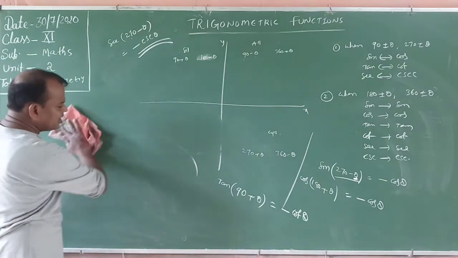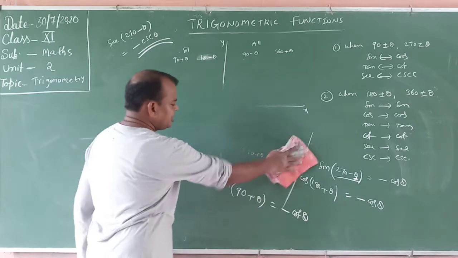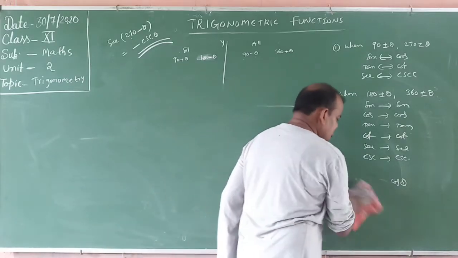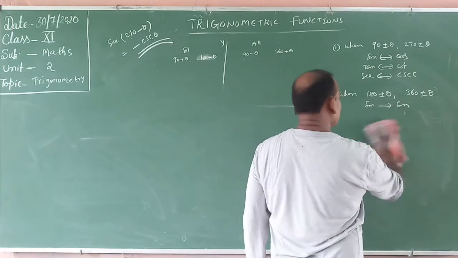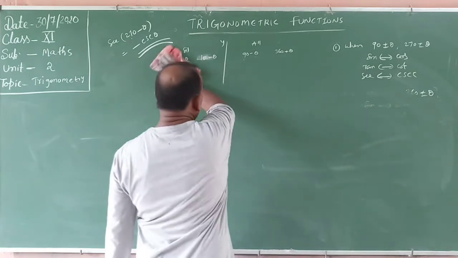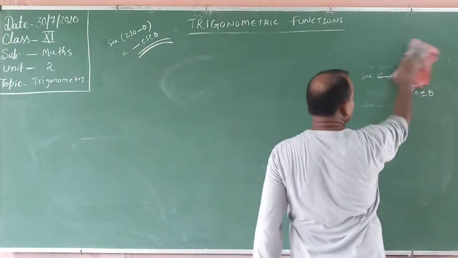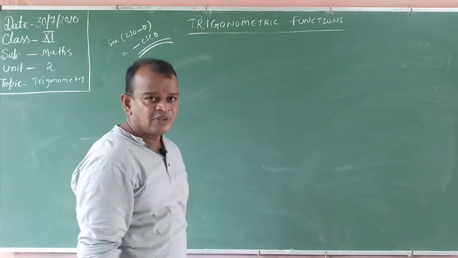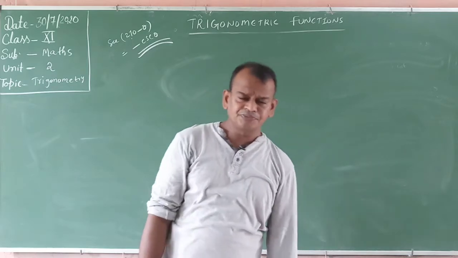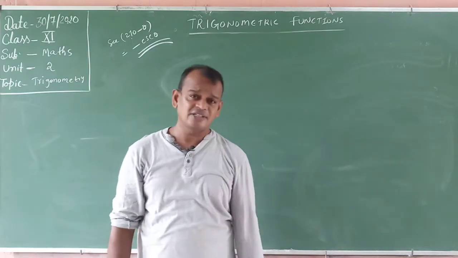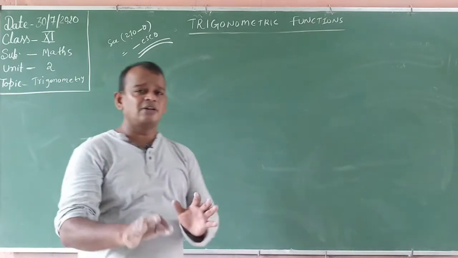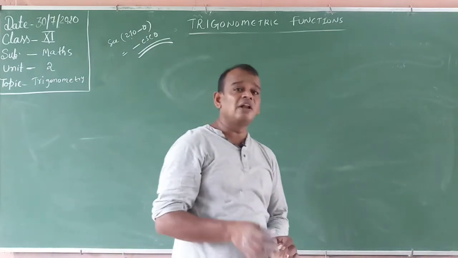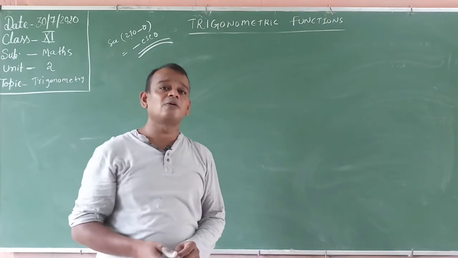Keep in mind, each and every formula must be kept in mind. For suppose you want to find trigonometric values, those values must be written as either the sum or difference of the quadrant angles only. For suppose in the examination, what are the quadrant angles? 0, 90, 180, 270, 360. For suppose below 360 you can find, you will write either the sum or difference of the quadrant angles.